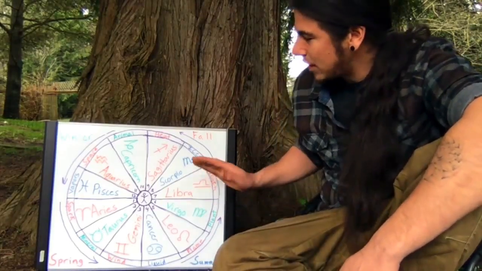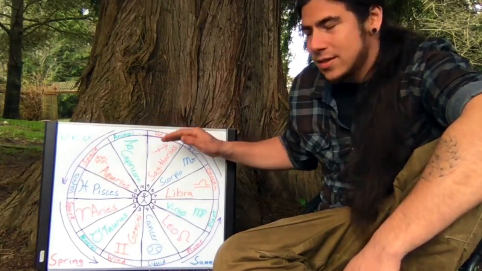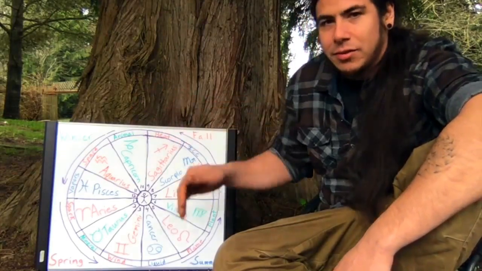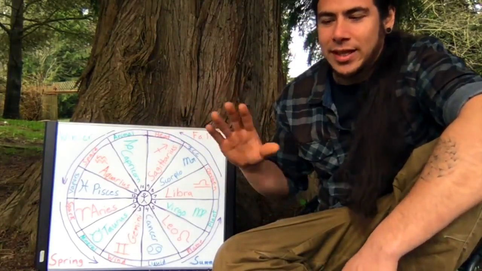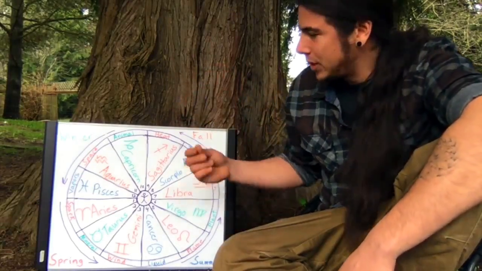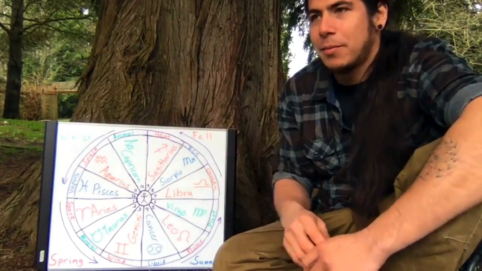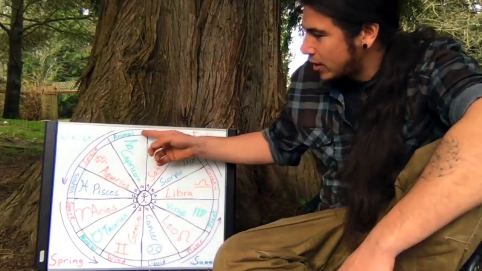And so we begin to travel. Now we're traveling through life, and we're gaining experiences. And then we reach that peak. We reach the top of the mountain, and now we're as high on the earth as we can go. We can't get any higher of a perspective on life. We're at the mountaintop. So now we reach Capricorn, the goat at the top of the mountain. So it's like we've reached that point in life where we're at our peak.